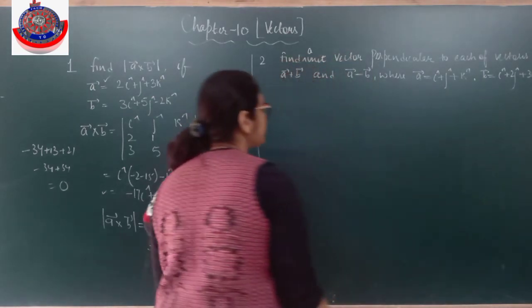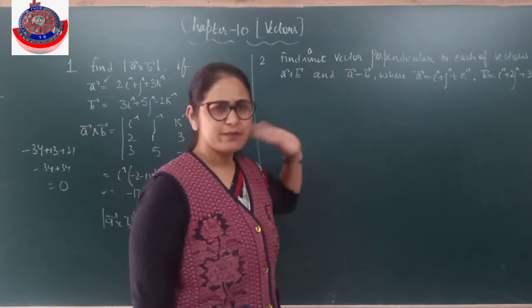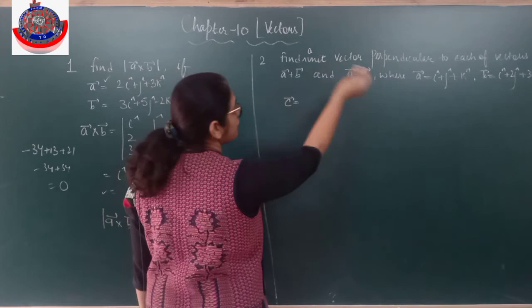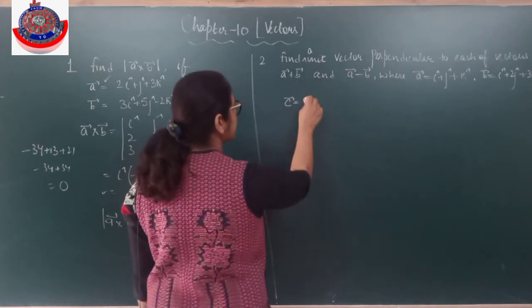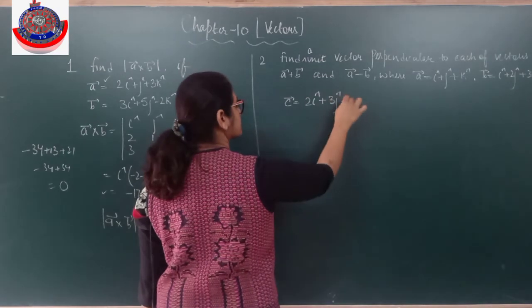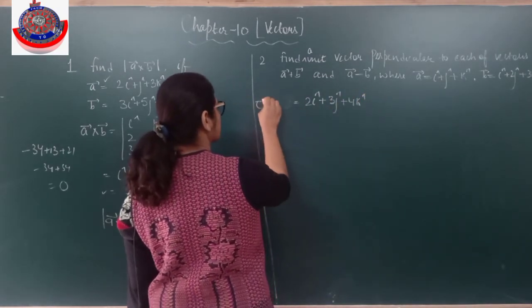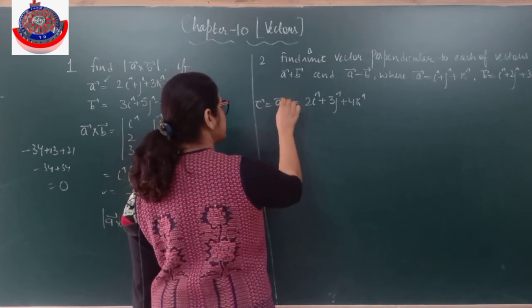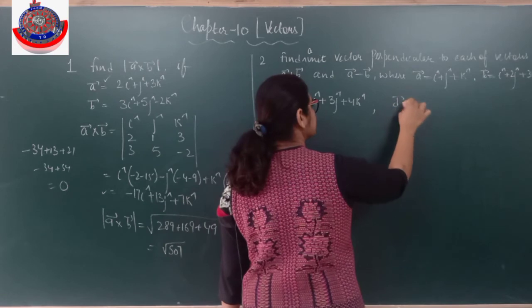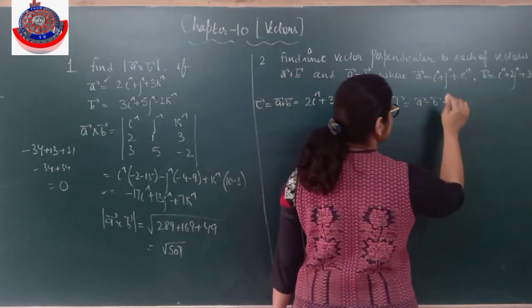Alright. So now first of all मुझे इसके और इसके perpendicular vector निकालना है. तो पहले A plus B निकाल लेते हैं. इसको कोई नाम दे देते हैं. Instead of A plus B, let's name it C. Find A plus B. I'm naming this A plus B as C, ठीक है, और D नाम दे देते हैं A minus B को.